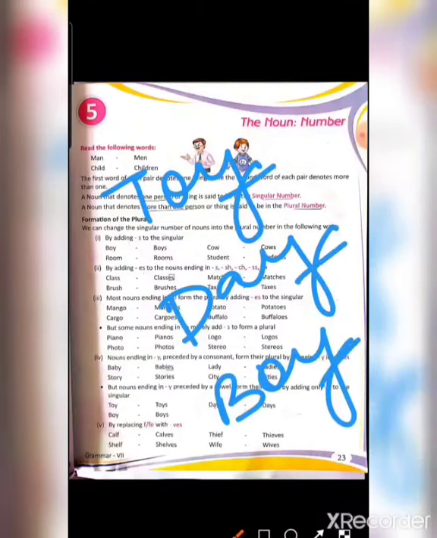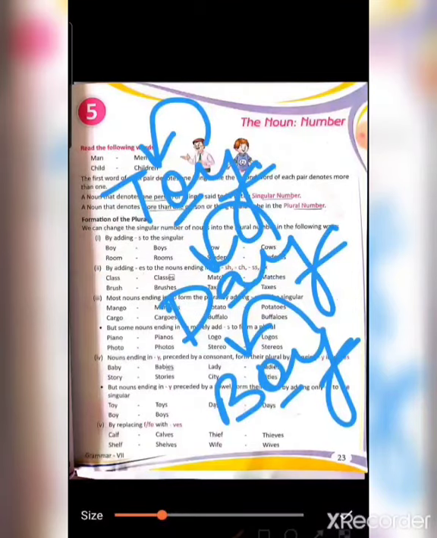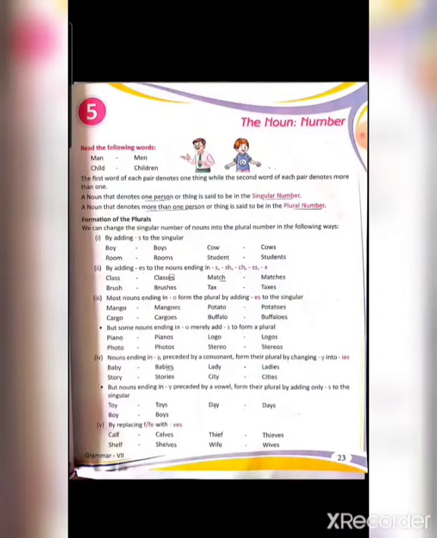Now what is the difference? The words are ending in Y, but they are preceded by a vowel. A, E, I, O, U. They are not consonants. They are being preceded by a vowel. So what happens when this kind of case is there? So you will make it plural by simply adding S at the end. Boys, days, toys. Clear? So we have done two rules: if the word is ending in Y, first if it is preceded by a consonant, and second if it is preceded by a vowel, then what are the rules?